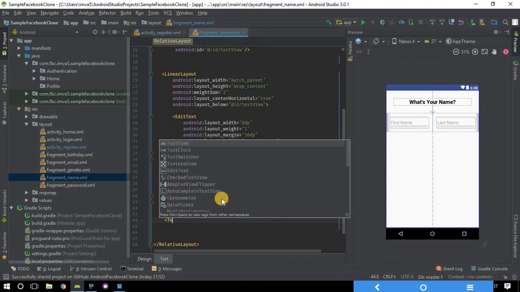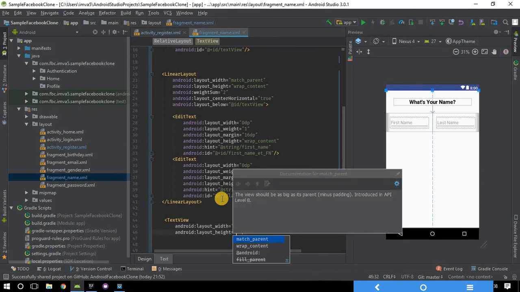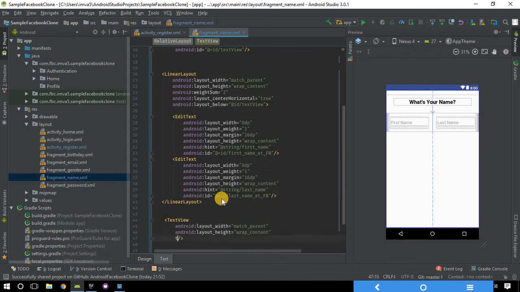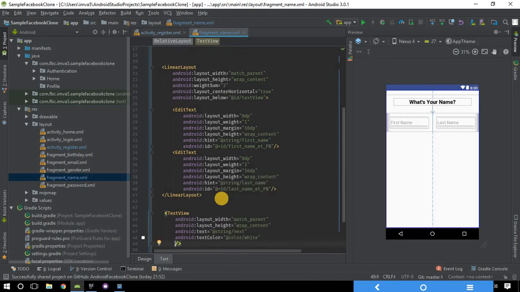This would be a text view which would have match parent width and height of wrap content. The text would be next. Extract string resource next. Done. And the color of the string would be white, and background,